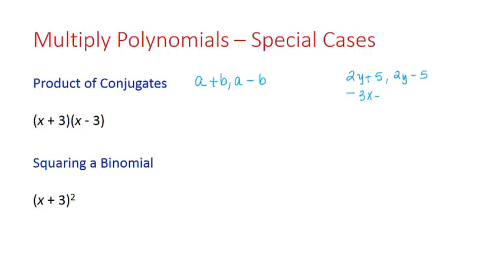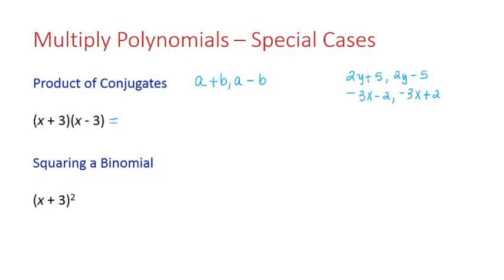Negative 3x minus 2 and negative 3x plus 2 are conjugates. Something special happens when we multiply conjugates. Let's consider the example x plus 3 times x minus 3. This is really two binomials, as I just said, so we can FOIL or remember that multiplying each term in